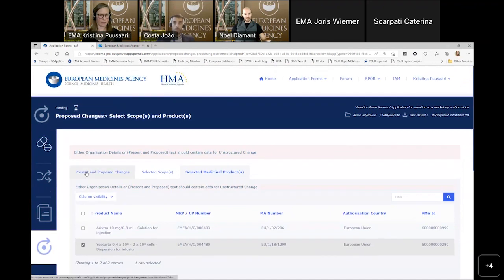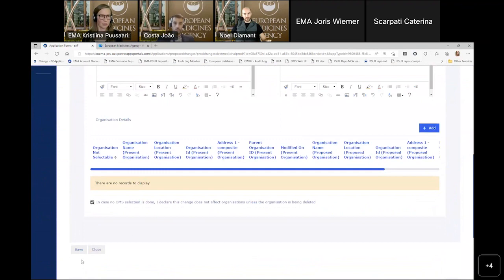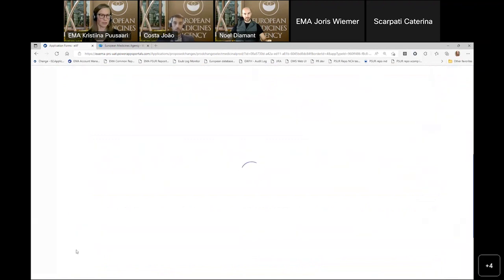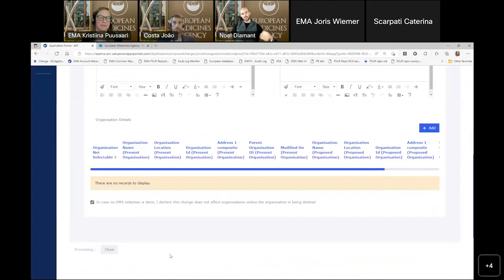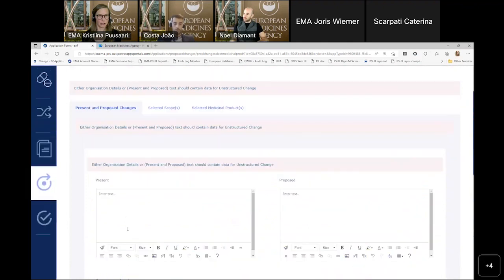And now our business rules are well enforced because I have not selected an organization. It will give me an error message. Let's see if after this save, we will get the additional information section. If it doesn't appear, we will move to the finalization steps, so we'll leave a little bit of time for our important Q&A.